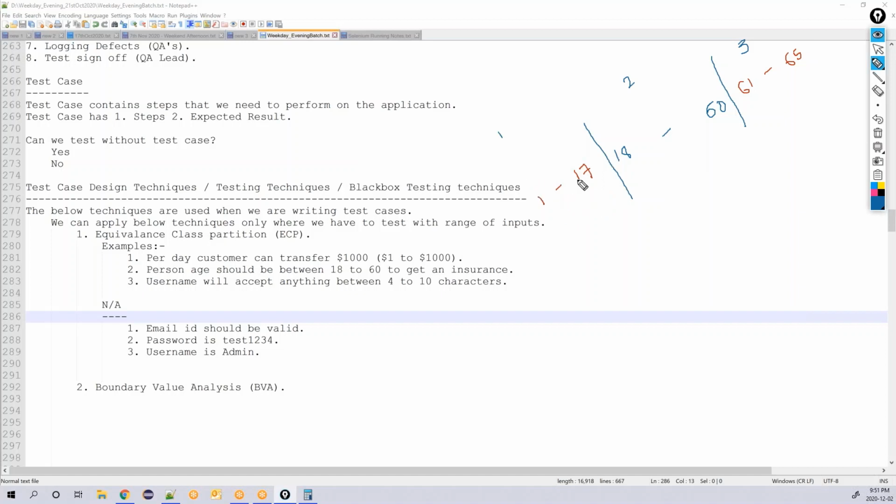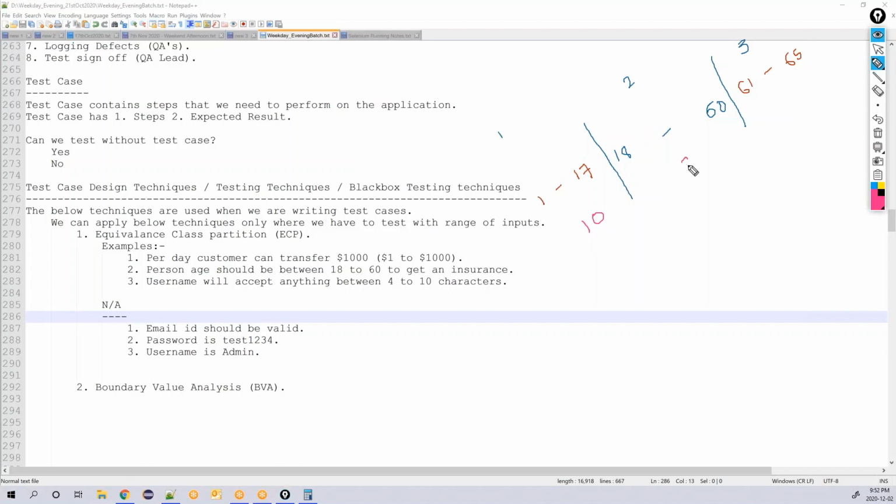Now from this you pick any number. Let's say I'm picking 10. I'm going to ask a person whose age is 10 to apply for insurance. The insurance company will say, sorry, excuse us, because we are not giving insurance to people whose age is less than 18 or greater than 60. So this one you'll test with an age of 10.